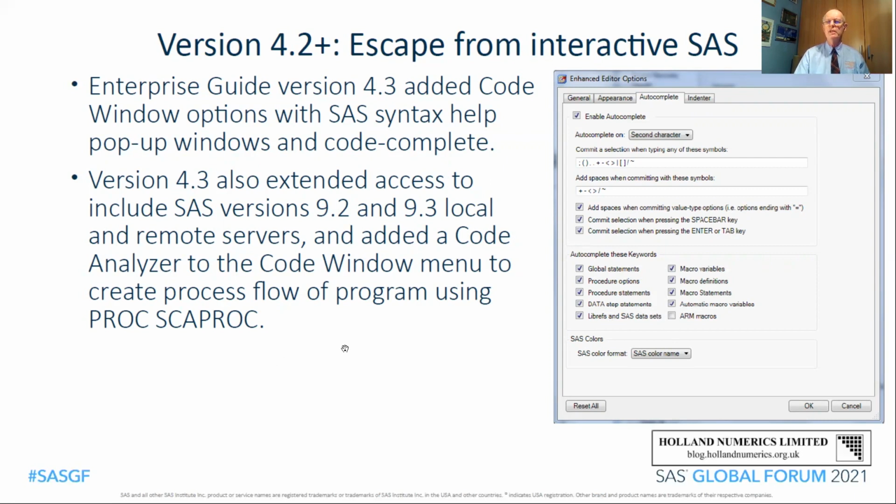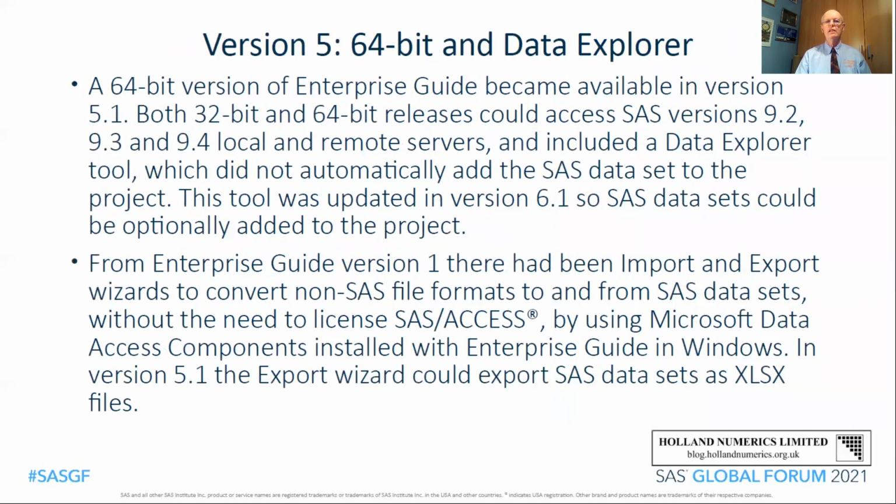There was also the ability to take a piece of code, which may or may not have been spaghetti code, and reanalyze it so that it breaks the code up into steps and then links them together. So you can see how the data flows through the program. This would give you an indication of whether there are any steps that were processing but had no value to the final product.